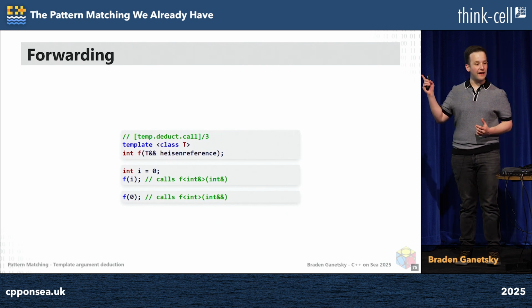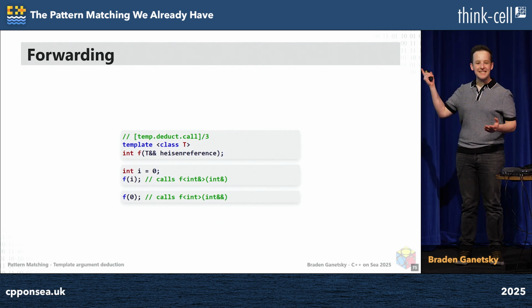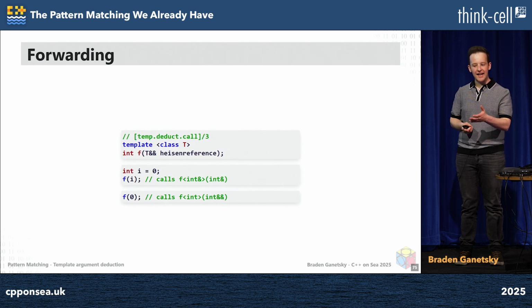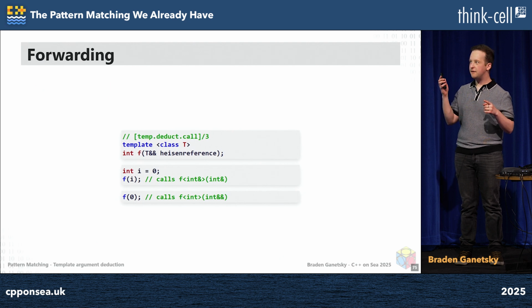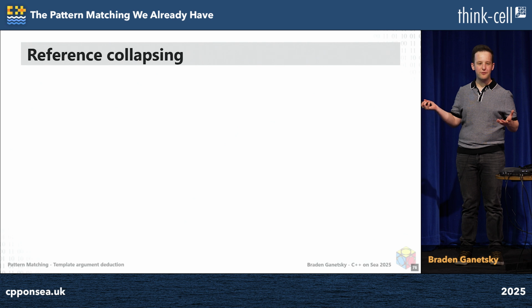Now, I look at the lvalue example. That doesn't match, right? You look at that, and you see the function parameter is a T&&, and yet the function parameter after the type has been deduced is int&. It's an lvalue reference, but the function template has an rvalue reference. How do we square that? Let's talk about reference collapsing.